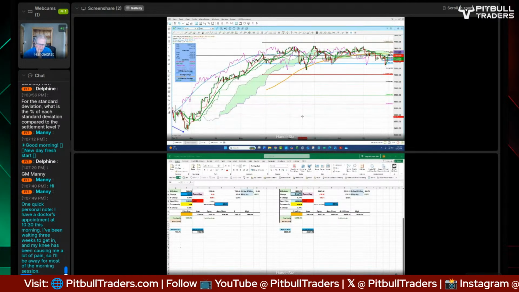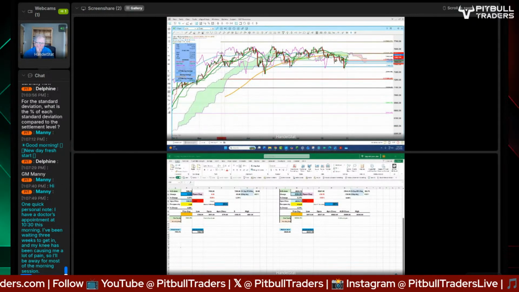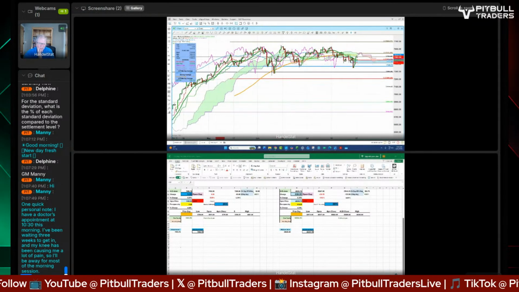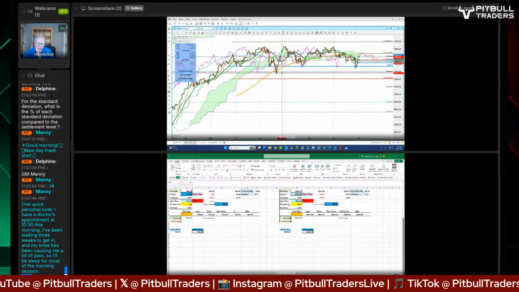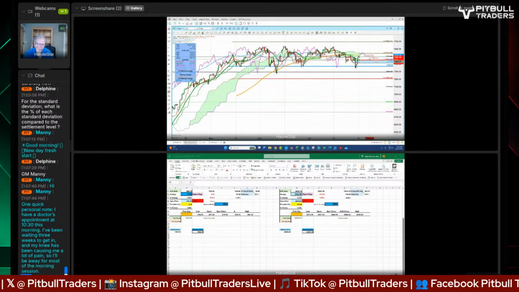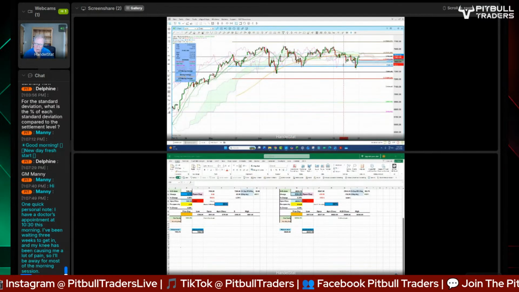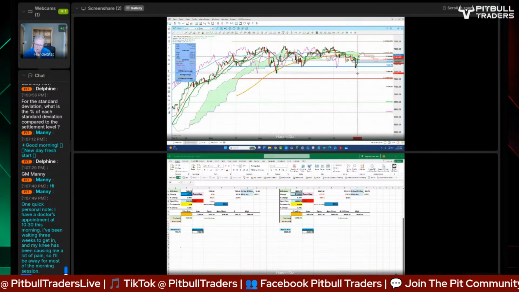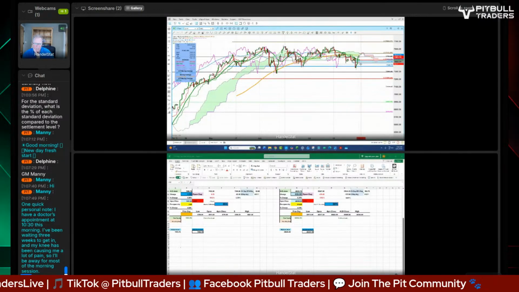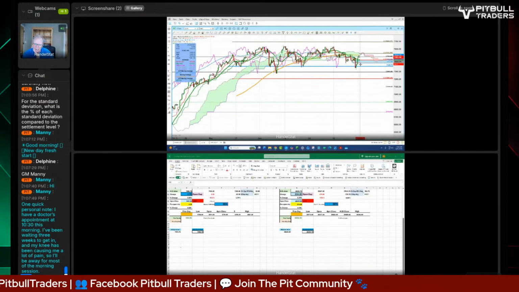You can see that the ES, we're really in a range right here. We've been in a range since May. From a low down here to a high up here, we're basically right in the center of it. We're below the cloud. This gets real choppy when it gets flat like this. You can see we've had a big run up, but it's going to run into some overhead resistance. And remember, I said that